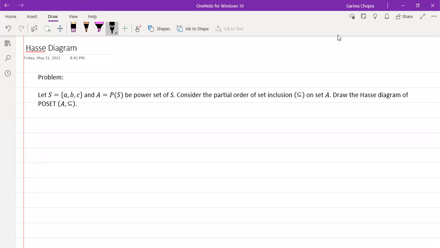Namaskar students. In this video, we will take a problem based on the concept of hash diagram. For hash diagram, we need some terms. What are those terms? They are partial order relation, and the second is what we mean by